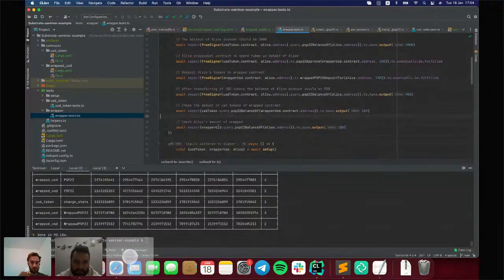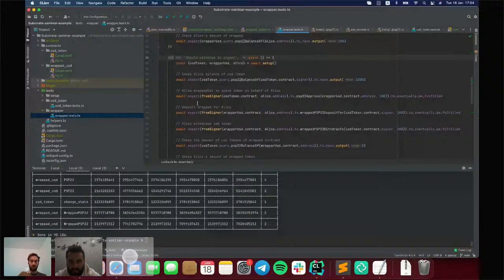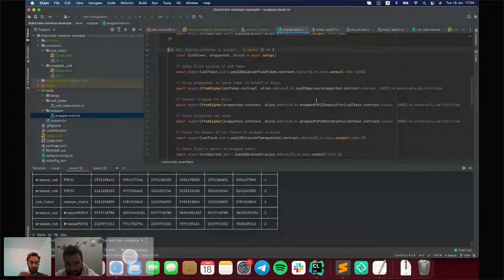Let's check the second test. Here we are verifying that Alice is able to withdraw her USD tokens back. So we did the 3 initial steps. We got 100 wrapped USD tokens, and now Alice sends a transaction to the wrapped USD contract, and she asks for withdrawing of her 100 USD.